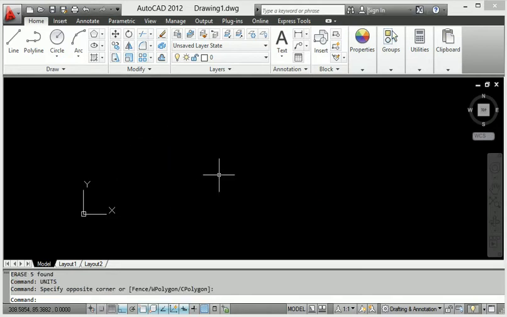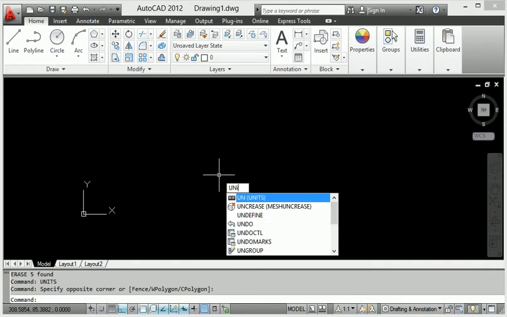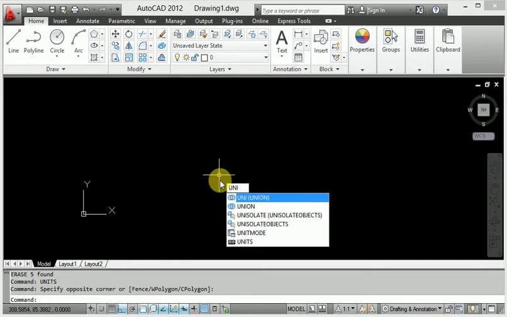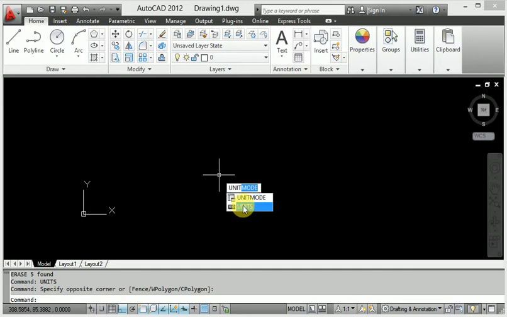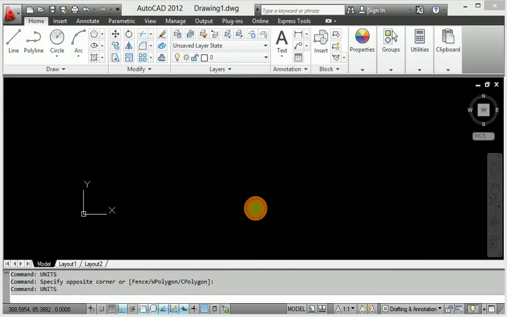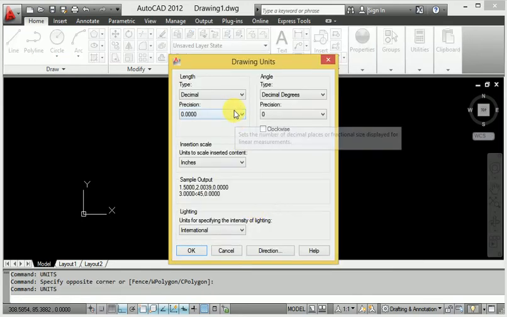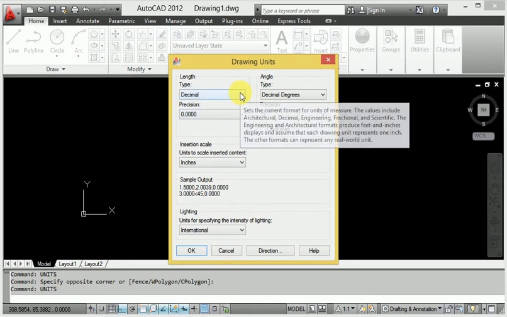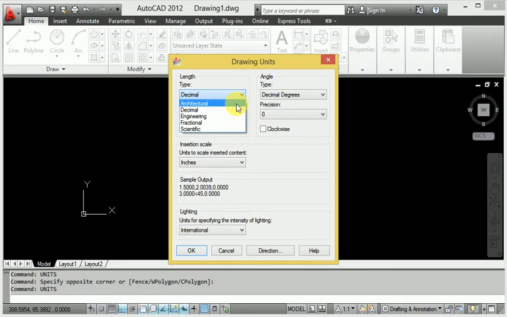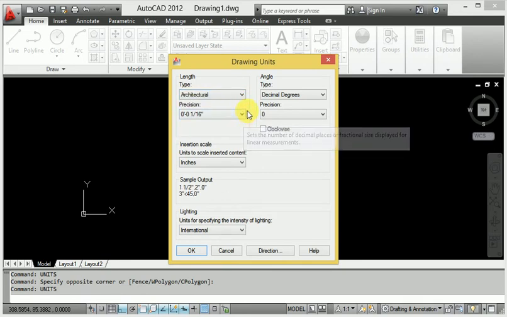Now you write unit here. Look at this, UNITS. When you enter the unit, the decimal is shown. If you want architecture, the architecture form shows in your diagram.